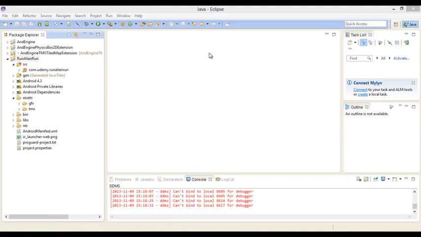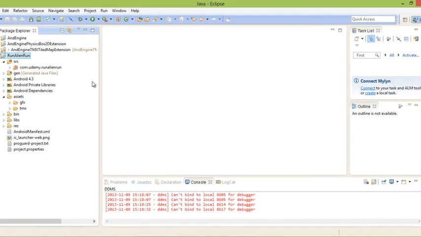Alright guys, so today I'll be showing you how to load or create successfully a physics world, and I'll be showing you how to create the bodies or the objects that we created when we made our level. I'll be showing you guys how to parse that data and create bodies based on that. So the first thing we need to do is go to our game scene,